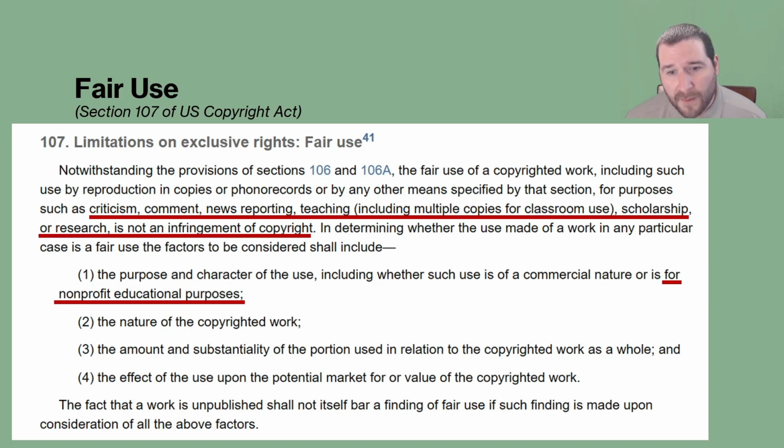Once you start making a profit, if you're using it in a textbook that you're planning on selling, or if you were offering a training that you were selling to the public, the copyright rules get a little stricter, so you have to be careful there. You might have to buy some rights to things. But in nonprofit educational purposes, like in-house instruction, or maybe a conference where you're not making any money by being there,